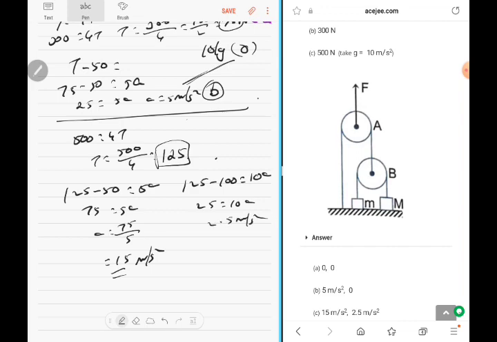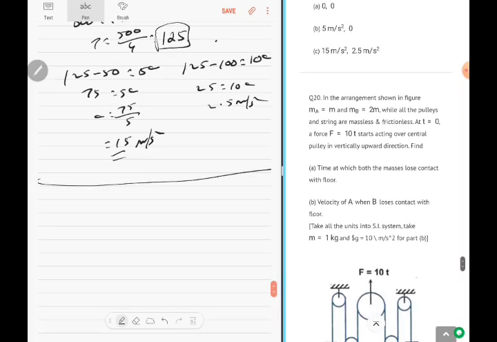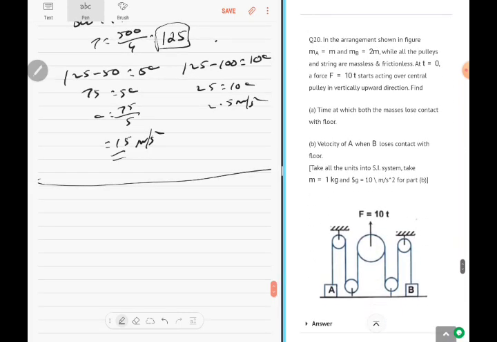So that completes the sum. This sum, I'm finding these kinds of sums easy. Certain sums I'm finding very, very complicated. So let me do this. Let me try this again. So let me draw this. You have one force of 10T which is getting applied